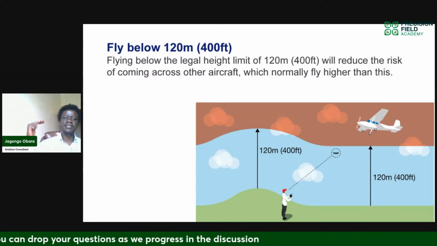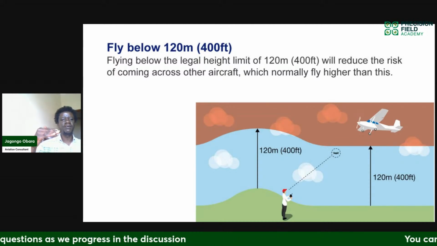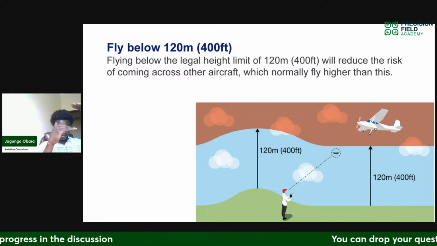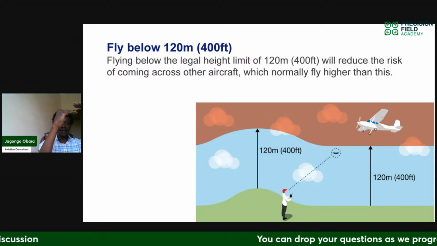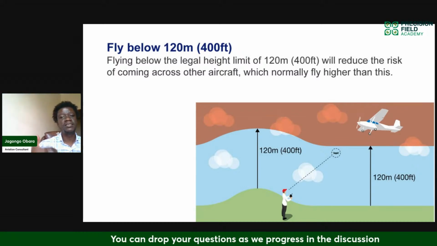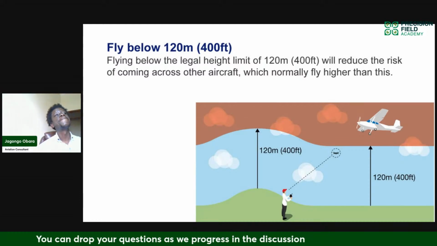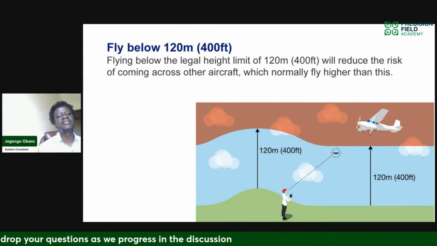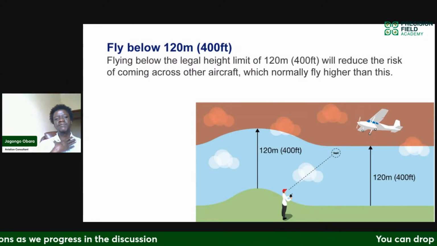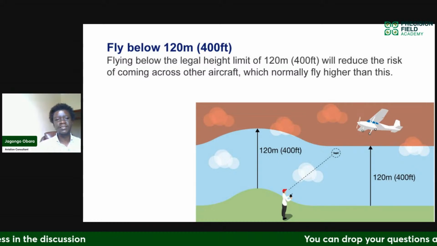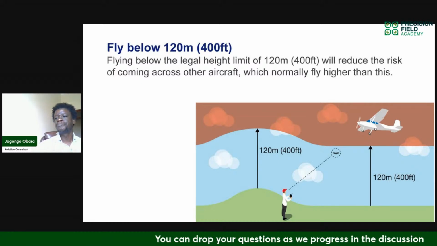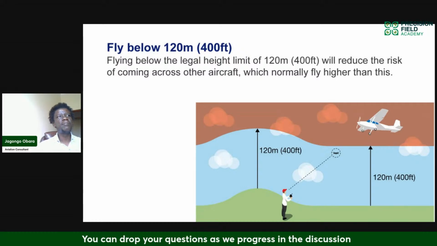And so this depends. If you are on a flat surface, 400 feet will be at a certain limit. If you are at a hill, then 400 feet will also be at a certain limit. So always, and also, I've never personally as an instructor come across a scenario where the aircraft has to fly above 400 feet.